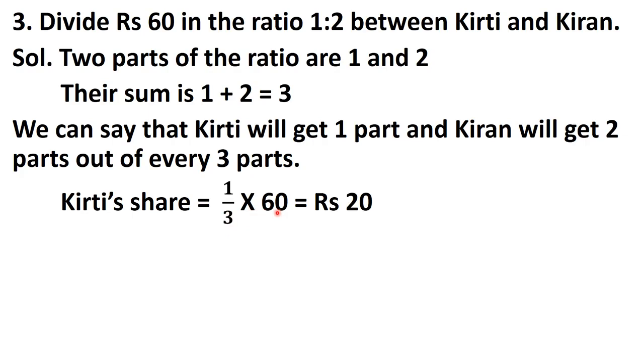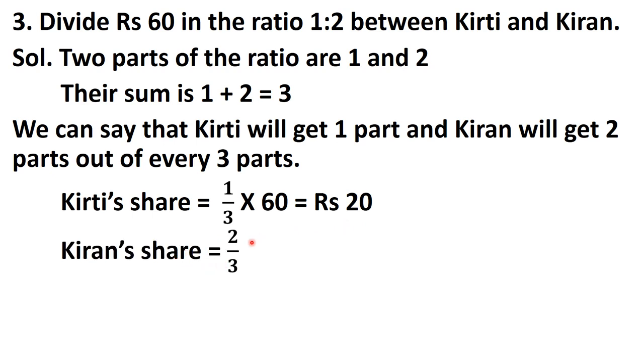See one more time. What is the fraction? Fraction is the part that she is getting out of the total. So, total parts we have 3, and how much does Kirti get from 3? 1. So, 1 out of 3 Kirti will get, but from rupees 60, because total rupees we have 60. So, it is 1 upon 3 into 60. So, she will get rupees 20.